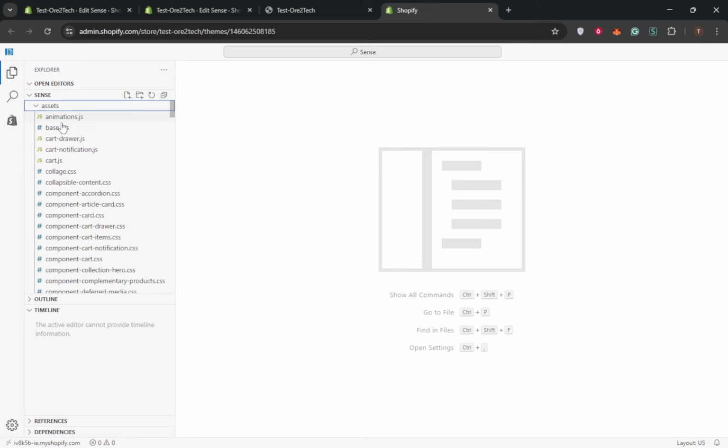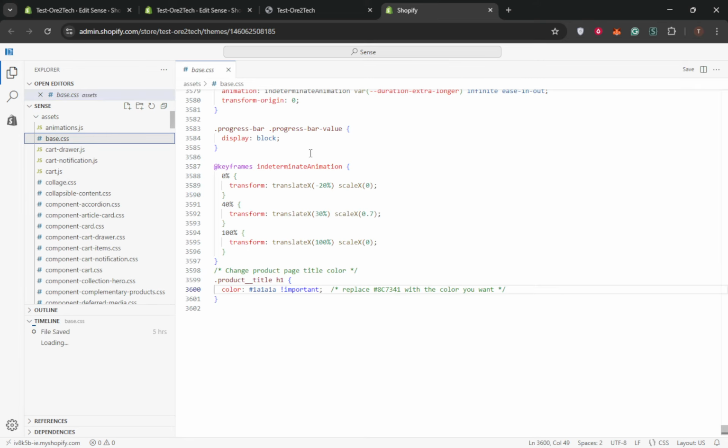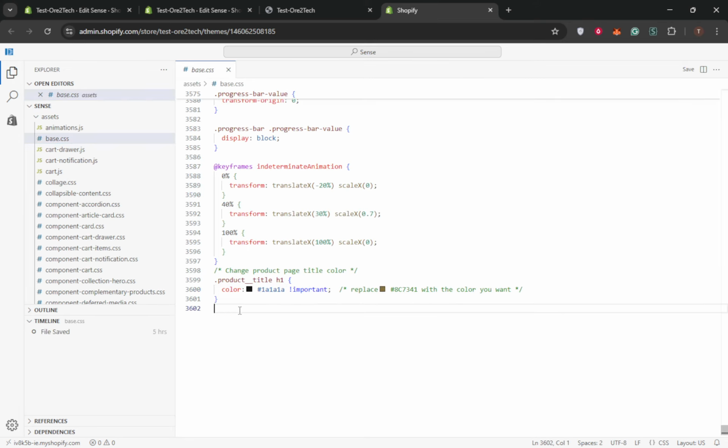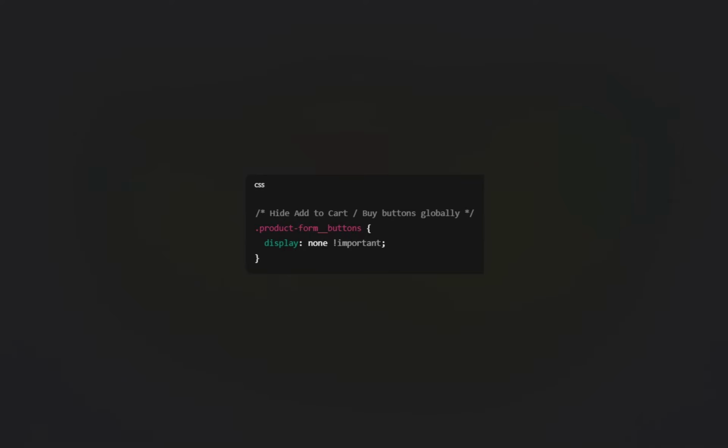Scroll to the bottom and add this. Hide Add to Cart and Buy buttons globally. .product-form__buttons { display: none !important; }